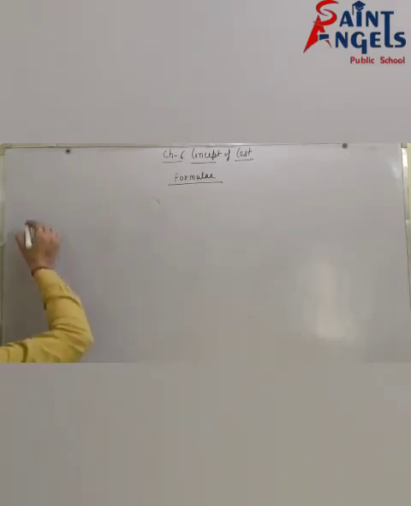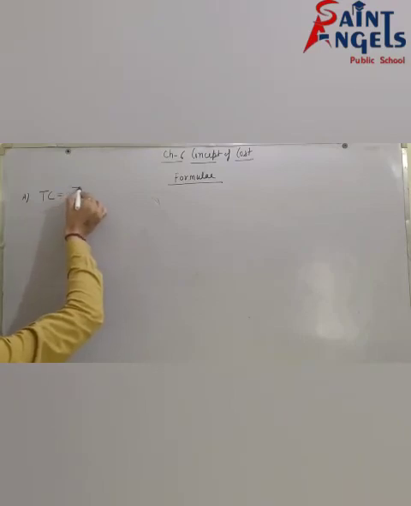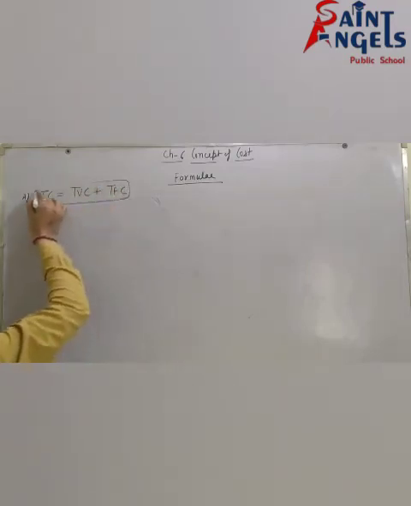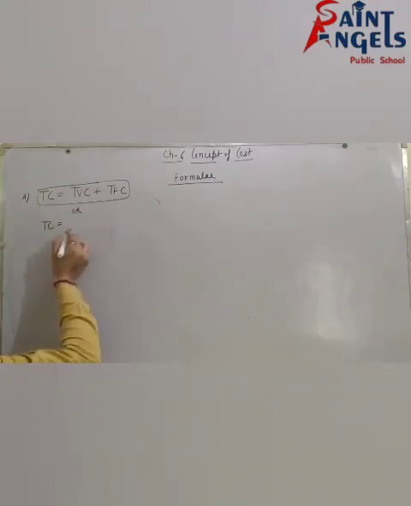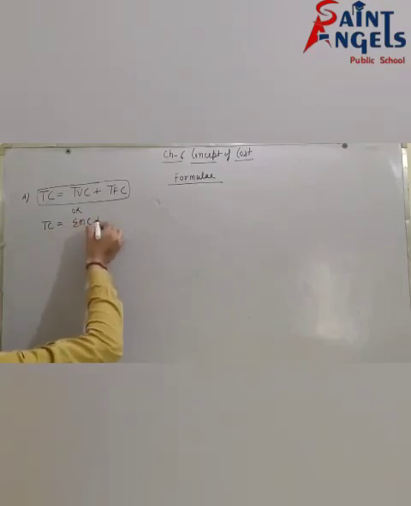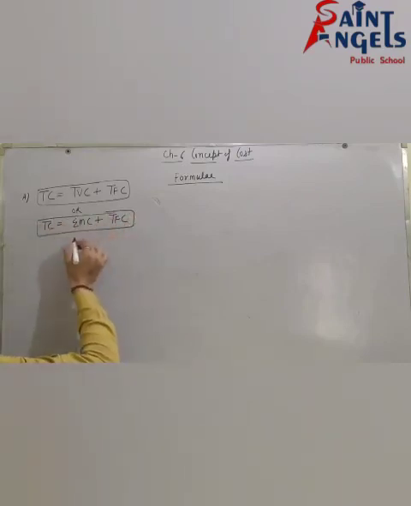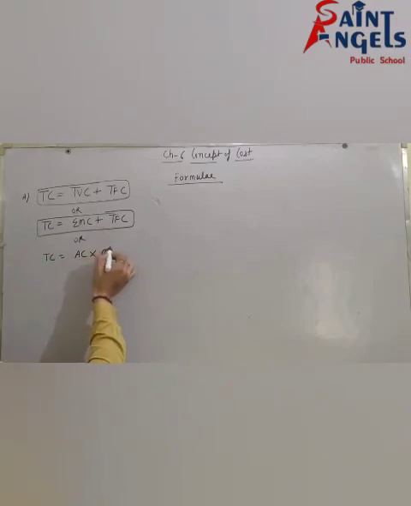Please write these formulas. See, TC is equal to TVC plus TFC, or TC is equal to sigma MC plus TFC, or TC is equal to AC into Q. Next, TFC. Now